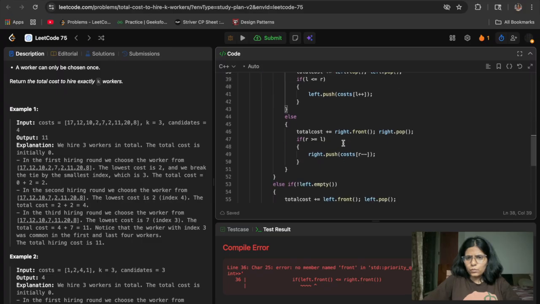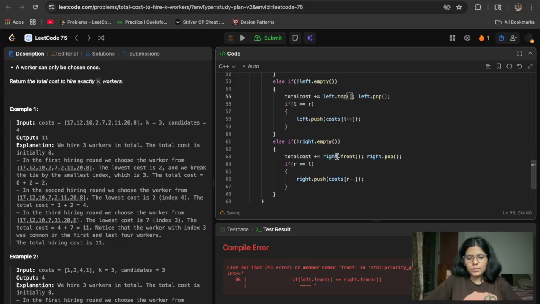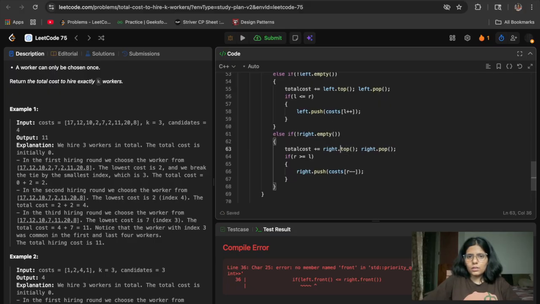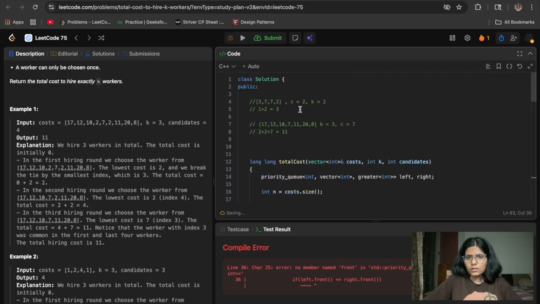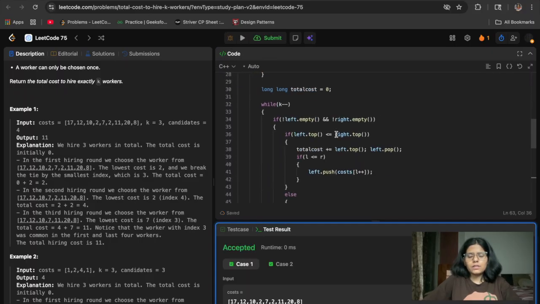Oh yeah, okay. Just replace it like this, and now let's run it. Okay, accepted. Just submit it.